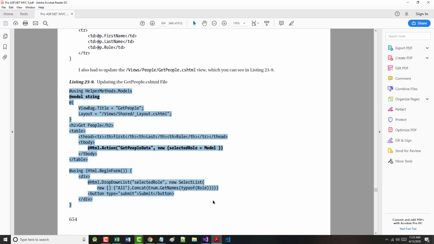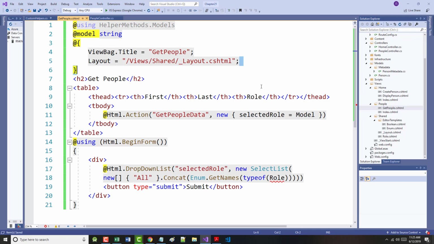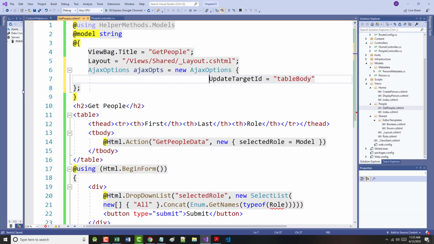So we want to add into this first this Ajax options. Now they do mention a little further down on the page, so there's two things more we want to change here. All right, first in our table here,